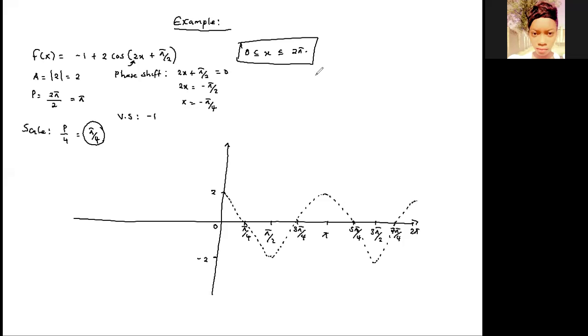So you move. Now I want to start moving. We are done with the amplitude, done with the period, done with the scale. Now I want to deal with the first shift. So we move to the left by 45. We put a negative, for this negative meaning you're moving to the